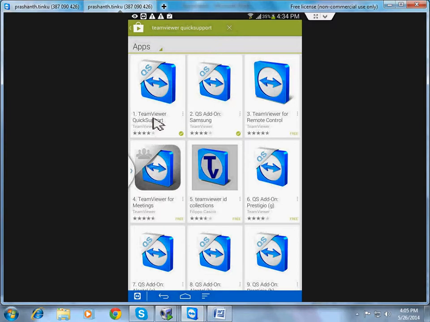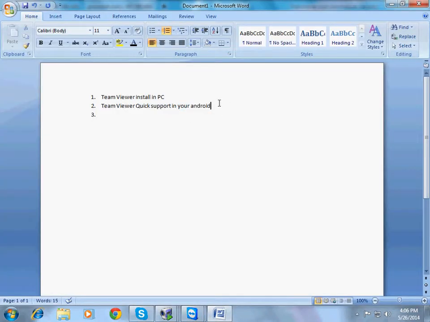Once you install this, if it is an Android mobile, it will not ask anything, but if it is a Samsung one, it will give you a pop-up message. Other than Samsung, it will not show any pop-up. If it is a Samsung, it will also ask you to install the add-on. So install this, and if Samsung, install the add-on as well.